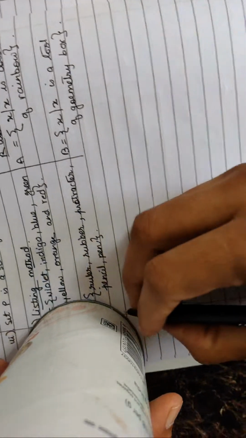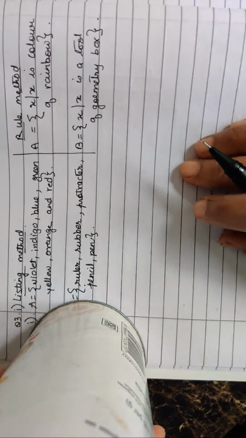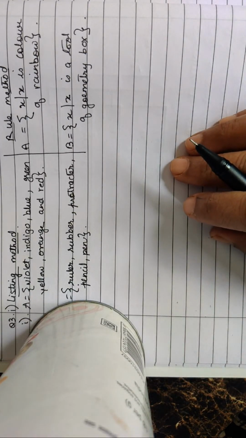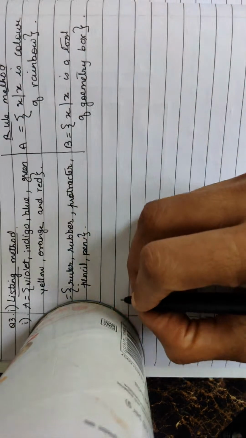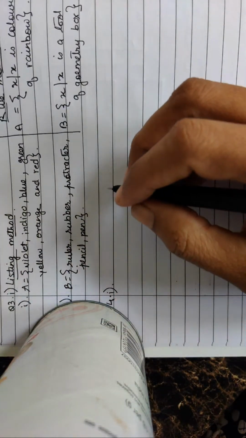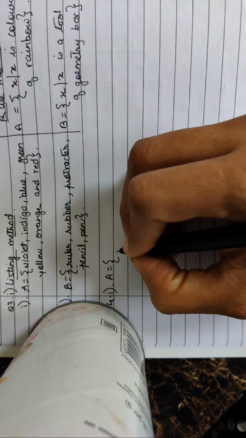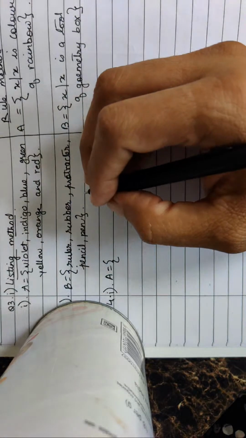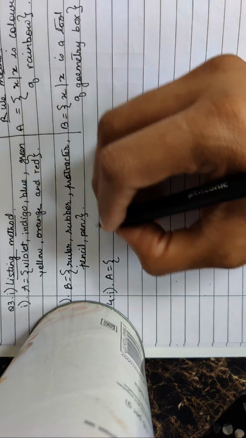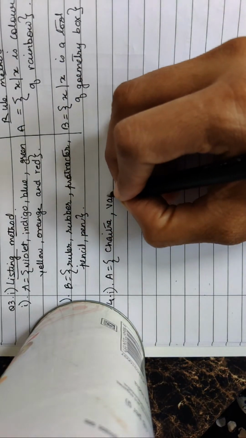Okay, coming to question number 4. Write the sets using listing method. Okay, so coming to the listing method, the first one says all months in the Indian solar year. Okay, so I have to write set A is equal to, the first month is Chaitra, then Vaishakh,